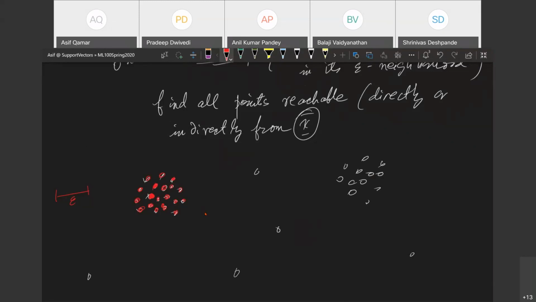So you can start with any arbitrary interior point and you'll end up with the same coloration, isn't it? And you won't end up reaching this cluster at all. Let me call this the cluster A and the cluster B. You realize that if you start with any interior point in A, you will end up coloring all of A, but not B or the outliers. Does this look obvious, guys? Yes. So what you do is you declare it to be a cluster. We just found a cluster.